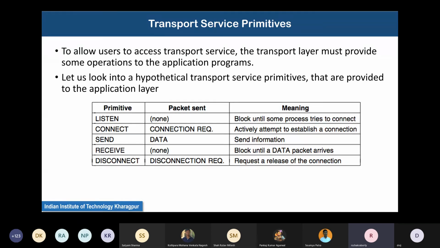Then there is a connect primitive, which is saying that I am actively requesting a connection. This can be to some other computer. Then it is sent after the connection has been requested and set up successfully. How the connection is set up successfully, some details are missing here, but as we go on, we will find these details.